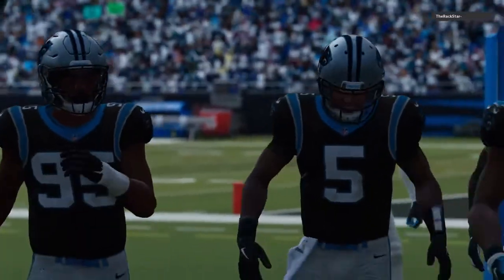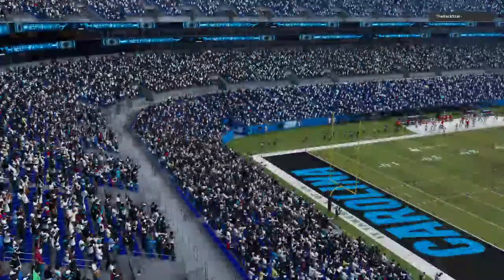So for Carolina, they keep on rolling 10 and